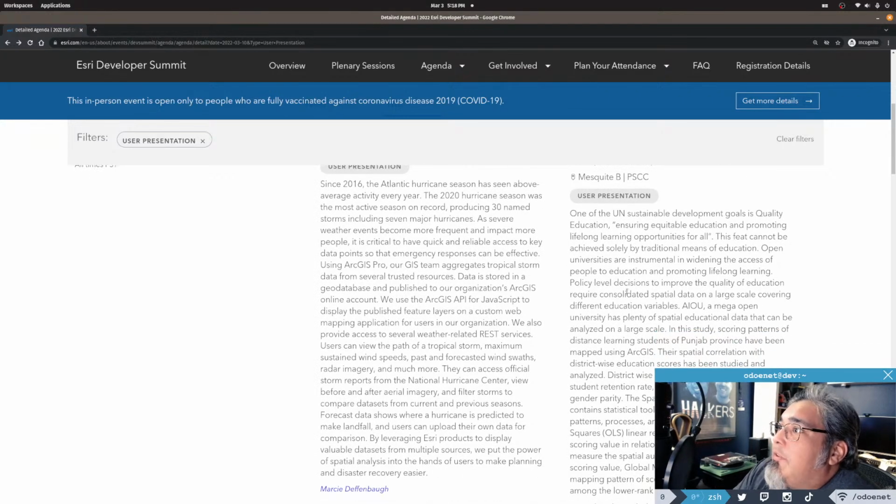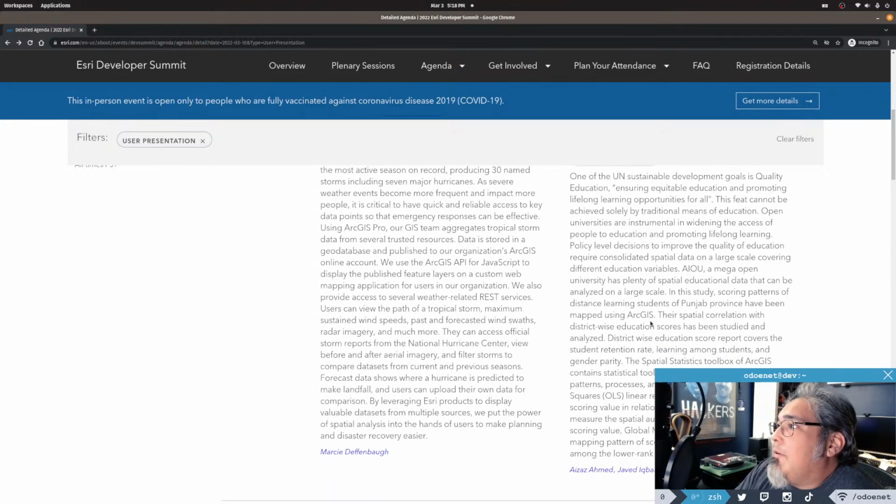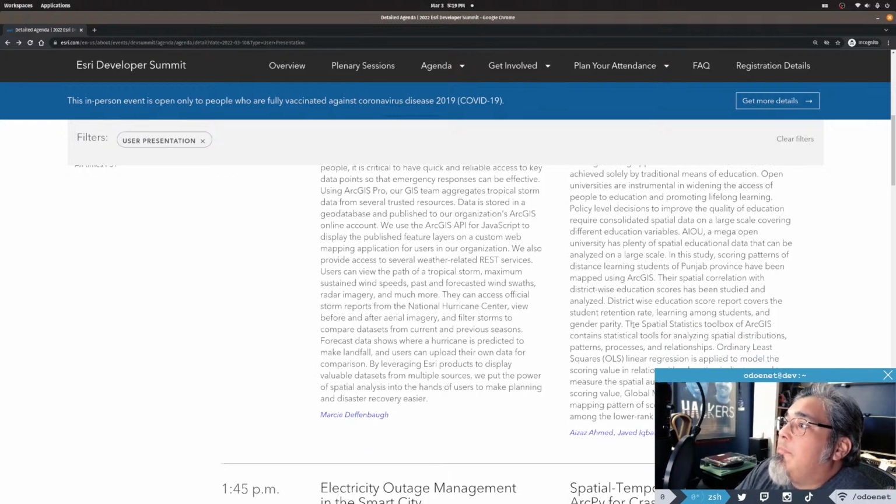So we've got policy level decisions to improve the quality of education, which require consolidated spatial data on a large scale, covering different education variables. Yeah, oh man, that's pretty cool. Scoring patterns of distance learning students of Punjab, did I say that right? Punjab province have been mapped with ArcGIS. Oh man, so they got a lot of data here, which is really cool. Using the spatial statistics,